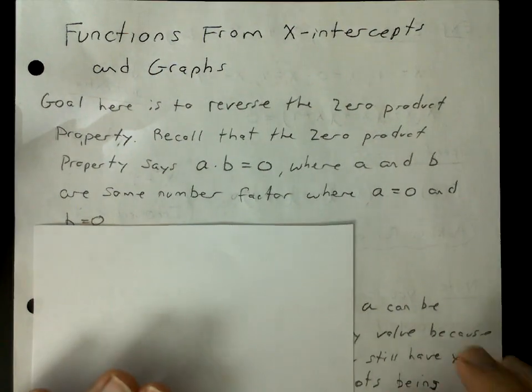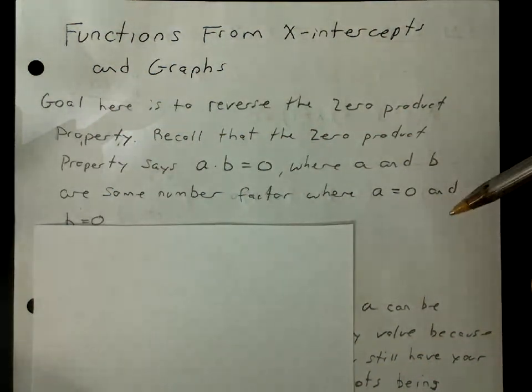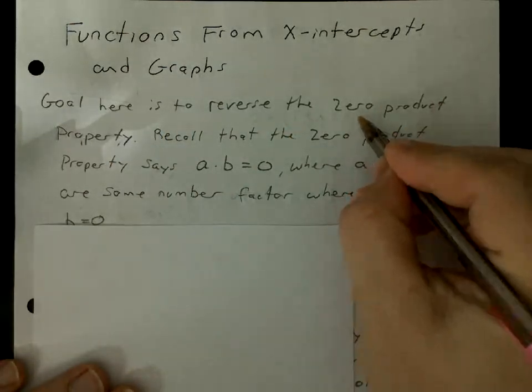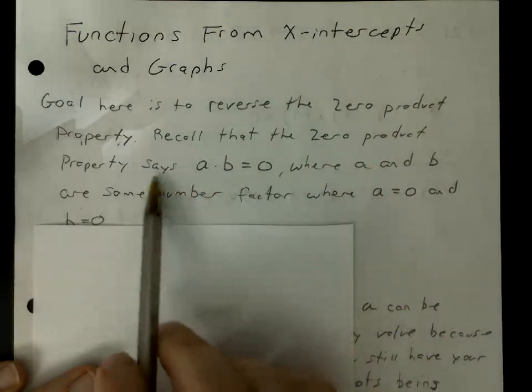Okay, this video is going to talk about functions from x-intercepts in graphs. What I'm trying to accomplish here is our goal is to do the reverse of what we call the zero product property. Remember, the zero product property says that if we have